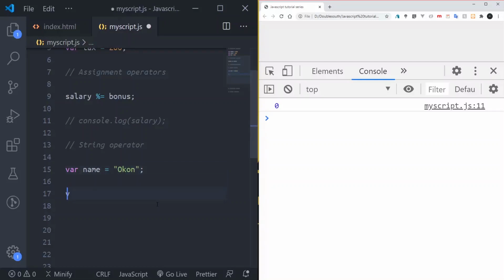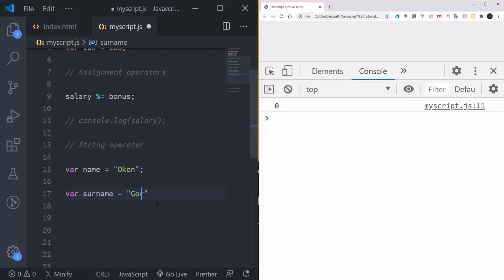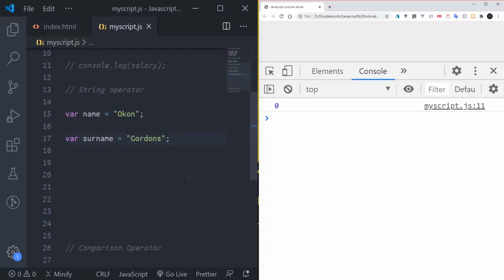Then I come again, surname, and I give the surname as Gordons. Now what can I do? I can put something like var a is equals to name plus surname.